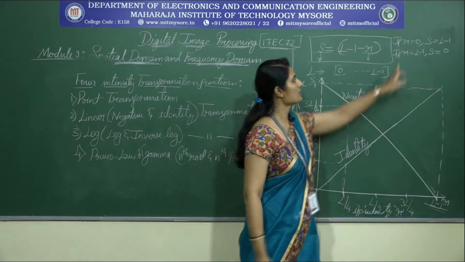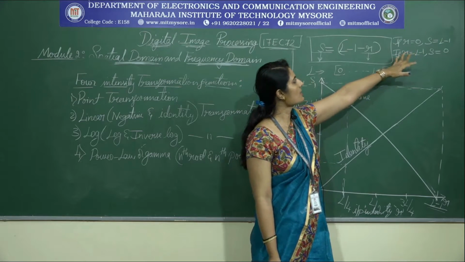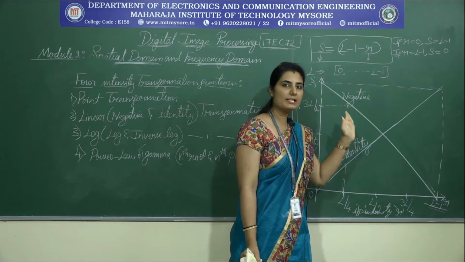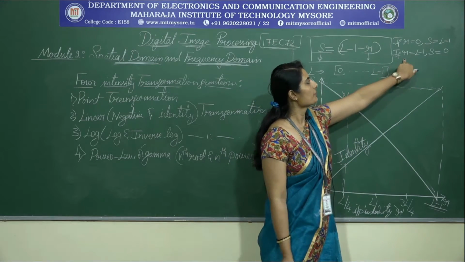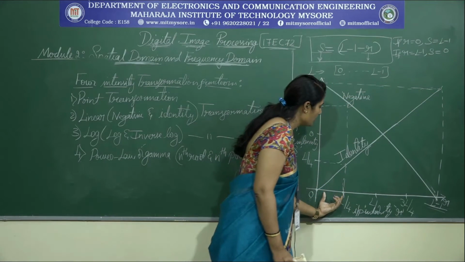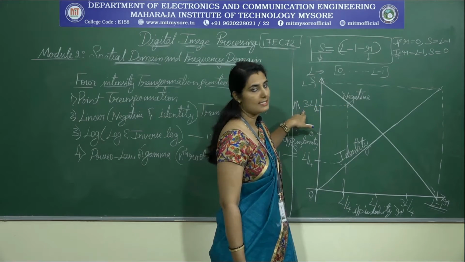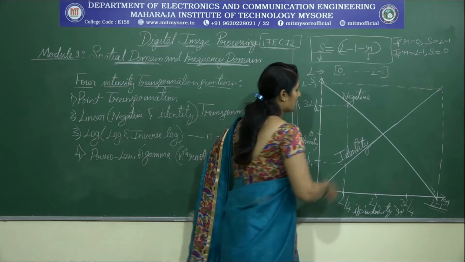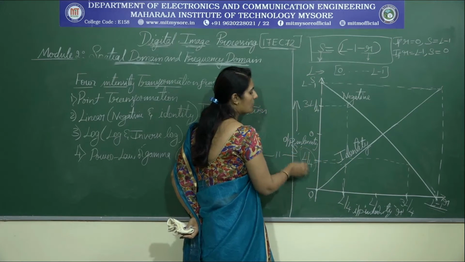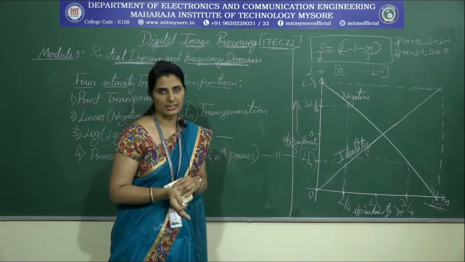This means, if 0 represents black, L minus 1 represents white. If R is equal to 0, then S, the output, is white. If input is black, output is white. If input is white, then output is black. If input is of lower intensity value, that is L by 4, then the output is of higher intensity level, that is 3L by 4. If input is of higher intensity level 3L by 4, then the corresponding output is lower intensity level, that is L by 4. So this is the image negative.